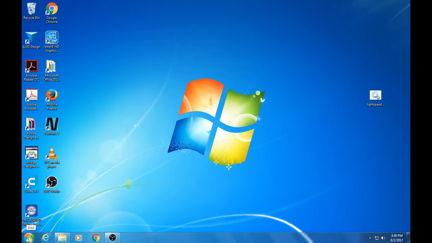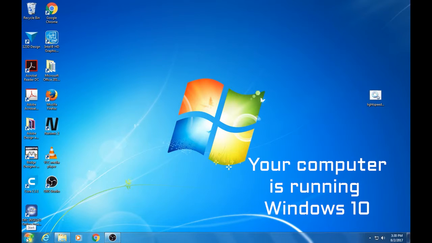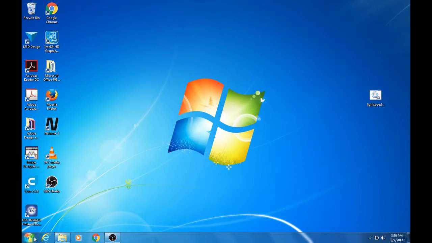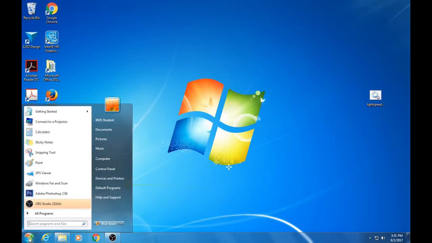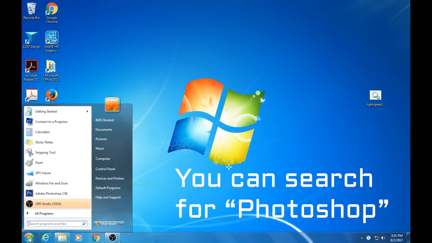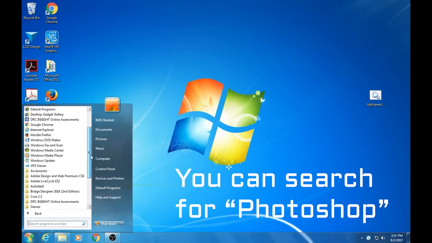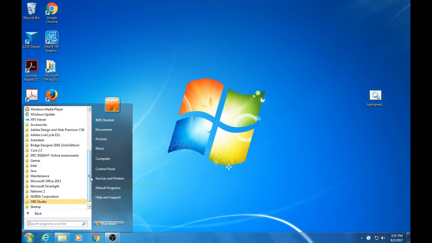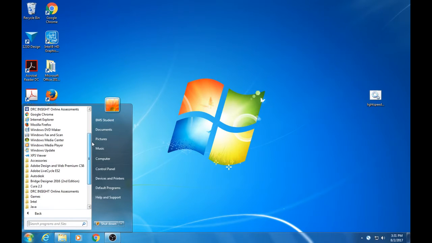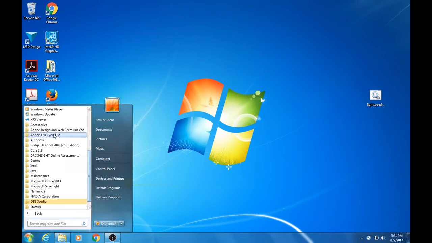Students, we are going to talk about how to open up Adobe Photoshop. First of all, you need to go to the bottom left-hand corner of your screen where the Windows button is. That's the Start button. We're going to click on that and open the Start menu, and we're going to click on All Programs. And when we click on that, it'll show you some of the different things installed on the computer. We're going to use our scroll bar here to scroll so we can see Adobe Design and Web